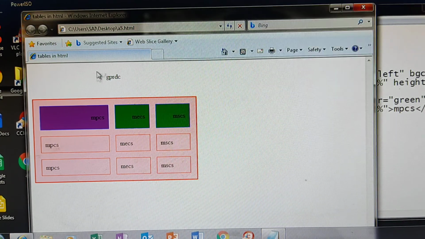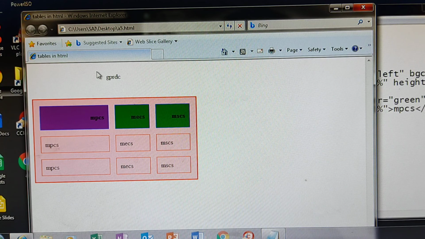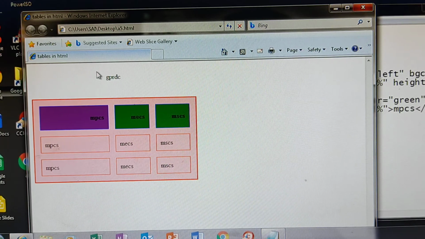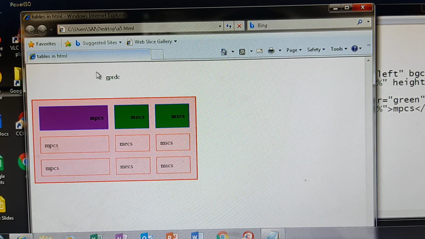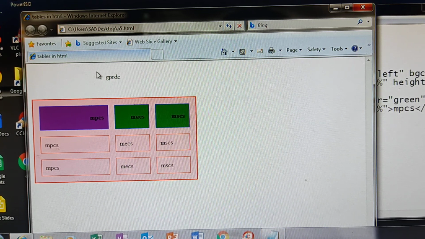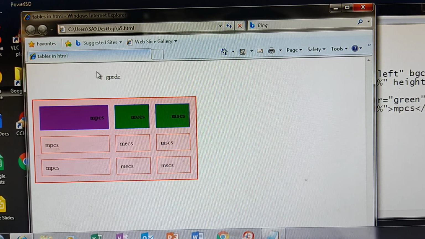Save it, come to the browser window, refresh this. See, before it was normal font. Now whatever you have given is in bold, because here I am maintaining the first row as a heading for the remaining rows. So if you want to separate the first row from the remaining rows, you can include that first row in table headings. That is a TH.